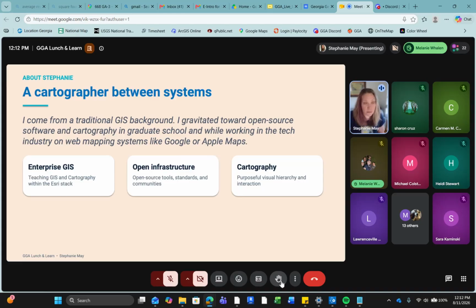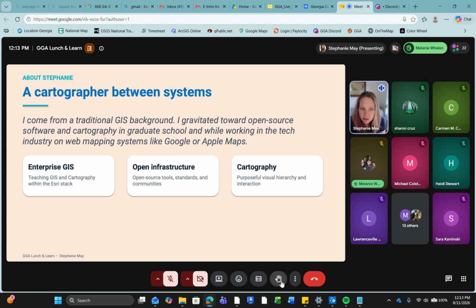It's come a really long way from when I was working for city government back in the aughts. Web mapping technology has, but there's still this divide in how people think about things and how people talk about things. So that's kind of where I tend to sit a lot of times, is bridging that divide.